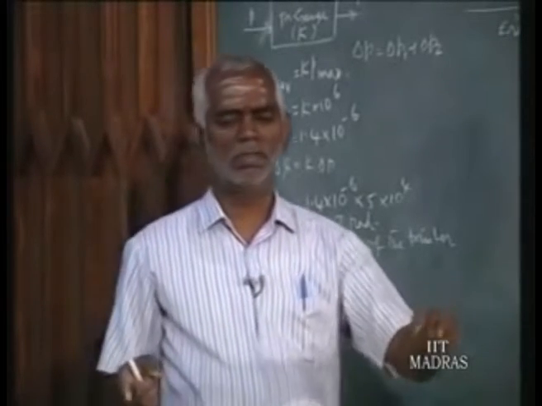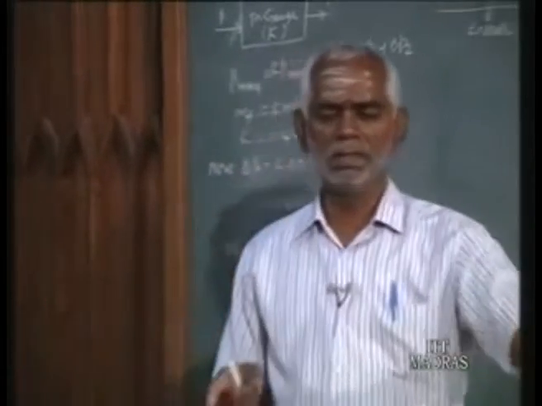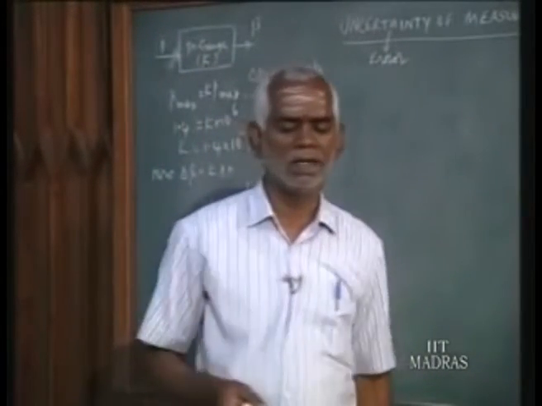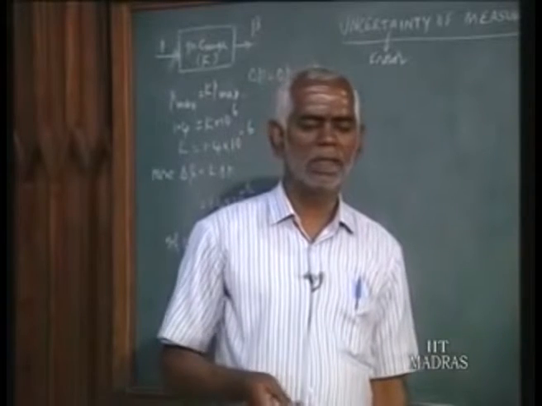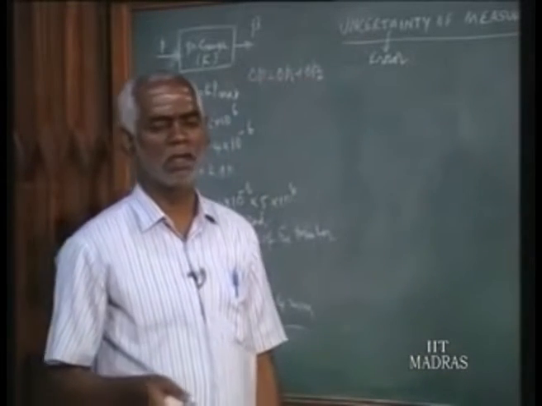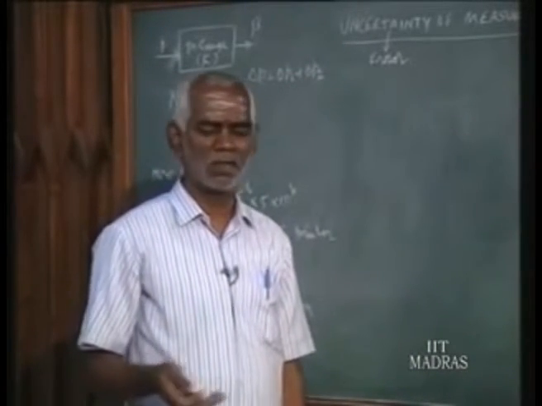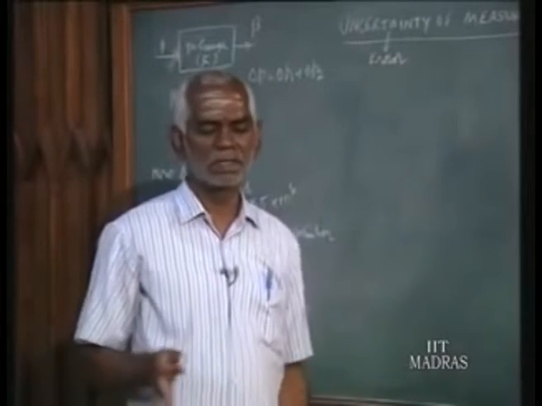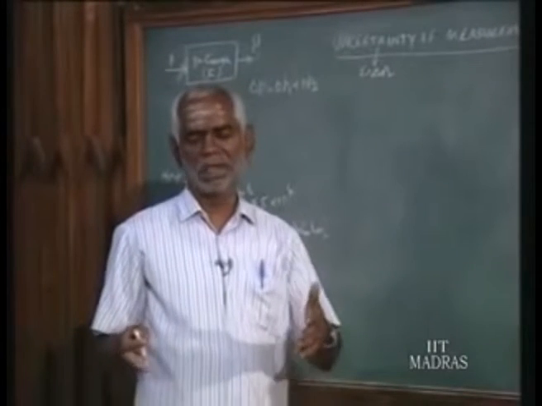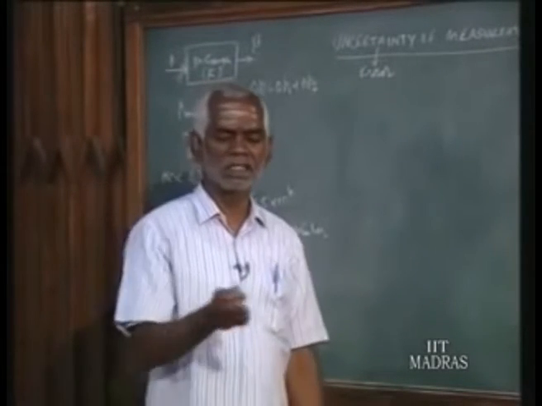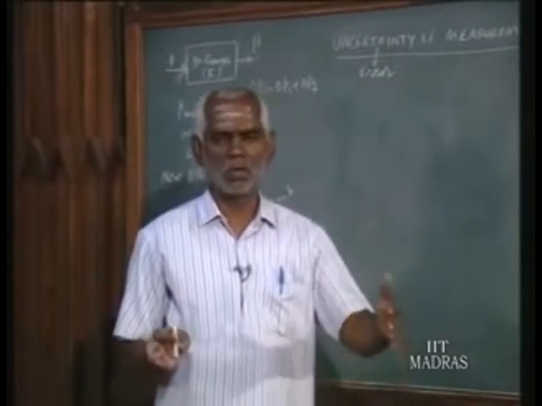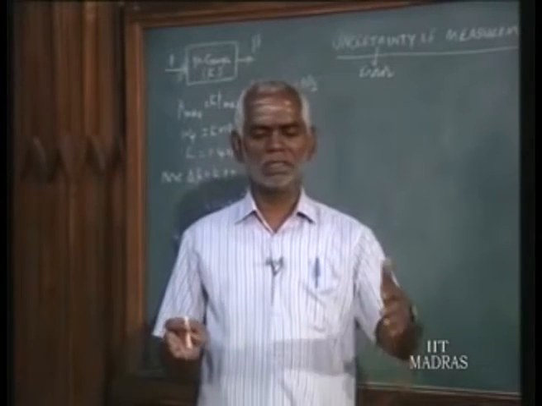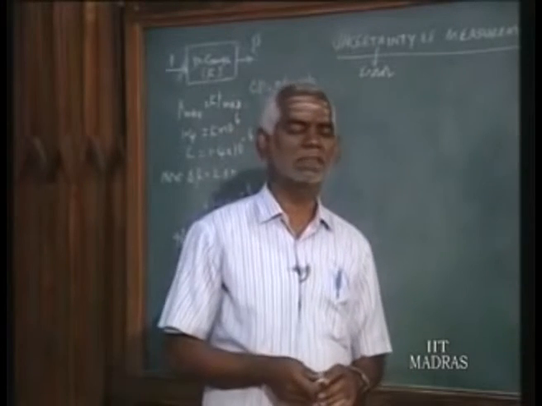So how do we select an instrument for a particular measurement? Suppose we want to measure the length of a working table. We use our ordinary scale. There may be an error of plus or minus 1 mm or whatever it is. There we need not have accuracy in terms of microns; plus or minus 2 mm, plus or minus 4 mm is sufficient. That is not a very controlling dimension. We want to know the approximate dimension of the table, and plus or minus 1 mm does not matter at all in this measurement.